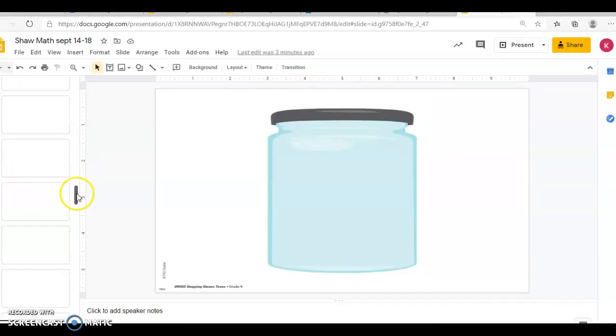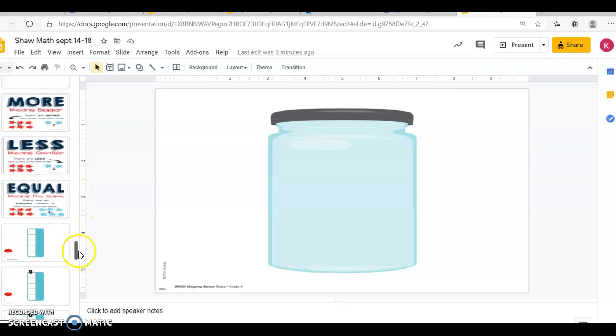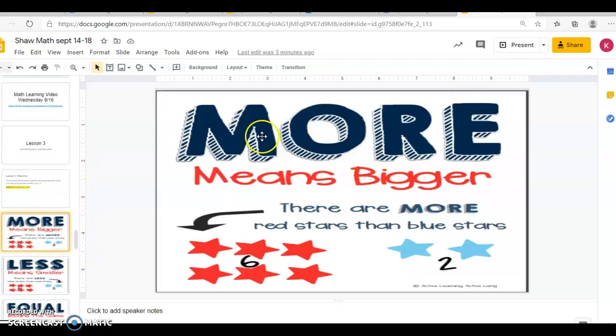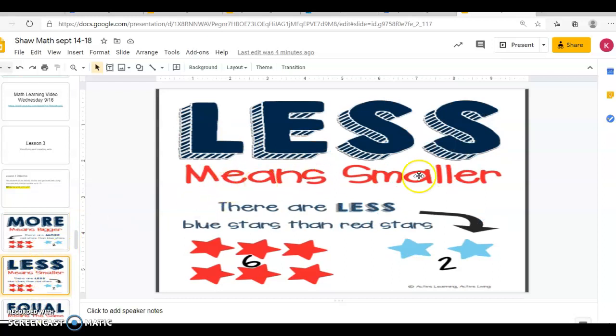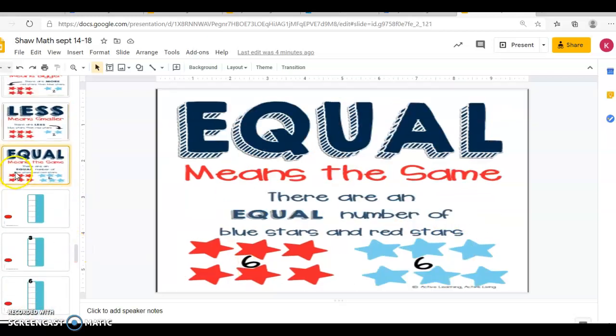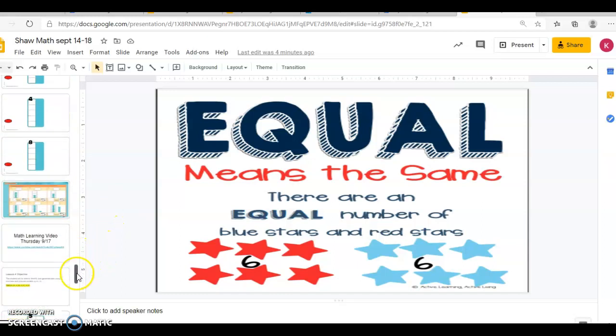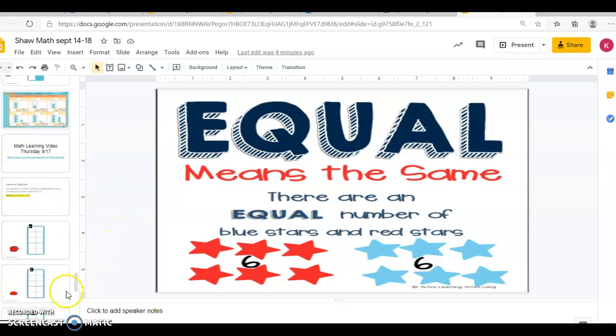Okay, so getting into lesson 5, once again, we're talking about more means bigger, more red stars than blue, because there are 6, and 6 is more than 2. Less means smaller, less blue stars than red stars. There are 2 blue stars and 6 red stars, so there are less. And equal means that there are an equal number of blue and red. They have the same amount. So for our lesson today,